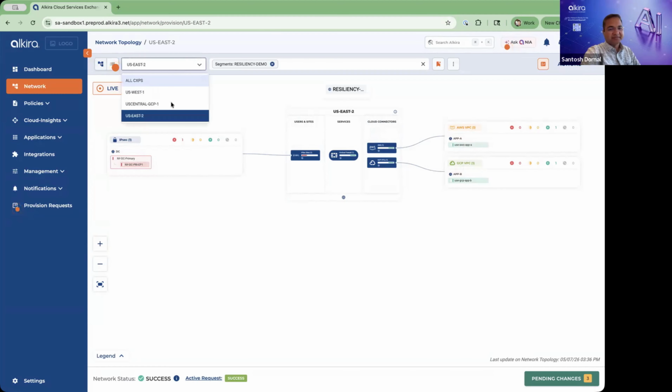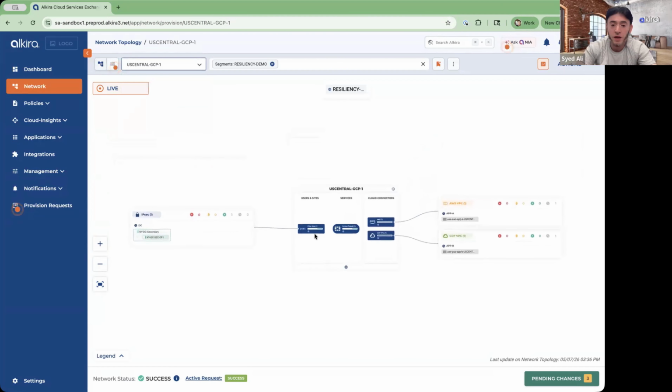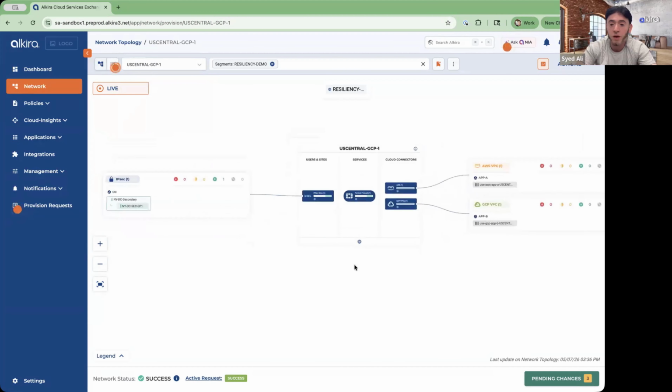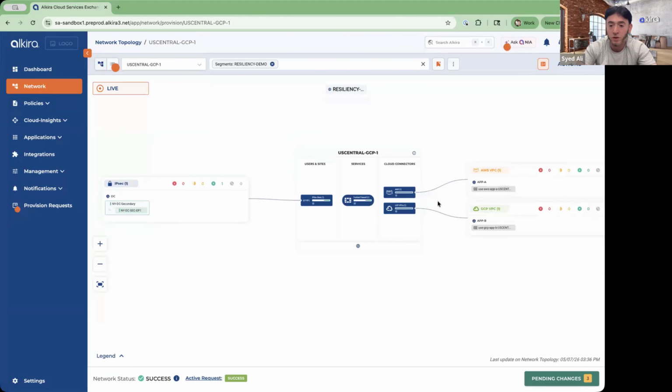Absolutely, since that New York data center had connectivity to the same applications, app A and app B, which are connected as DR. This is showing it's connected as DR. It's grayed out because it's DR to this region.